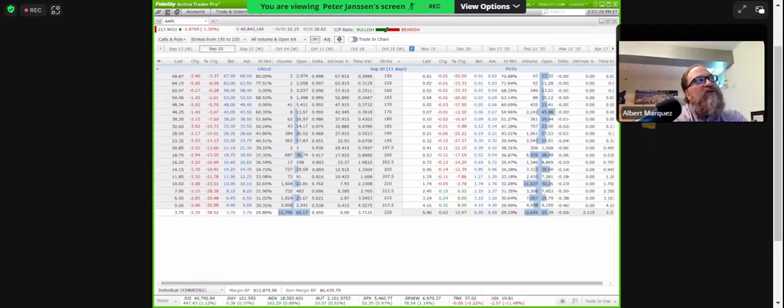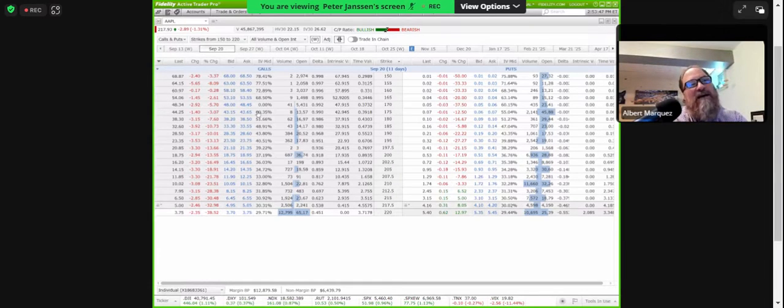I mean, as a trader, we're always trying to find the easy way to think of things, and I think that's certainly true on the trading floor where I spend a lot of my time. But when we talk about deltas, we can look at delta as the percentage chance of it finishing in the money. That's the easiest way to think of a delta. Doesn't mean it's going to be true though, right?